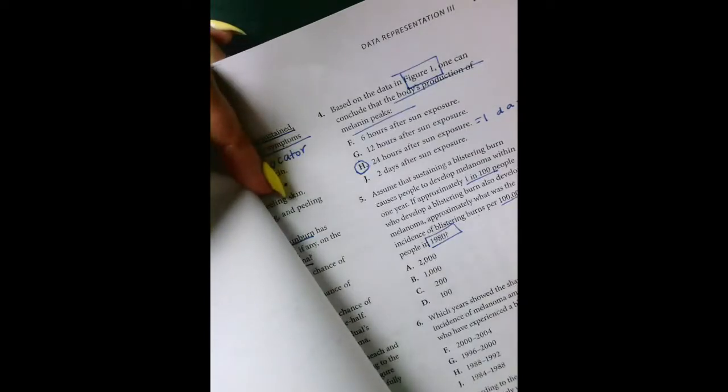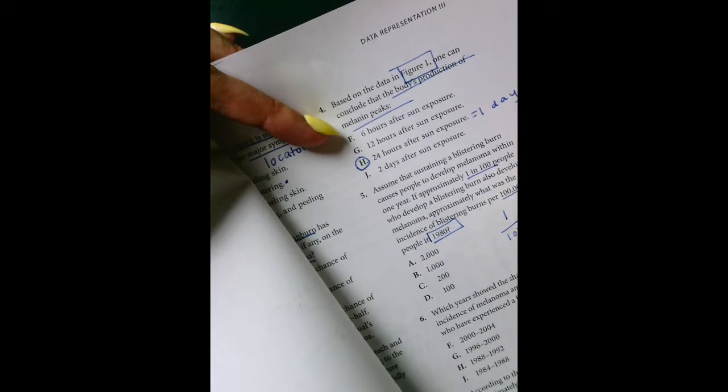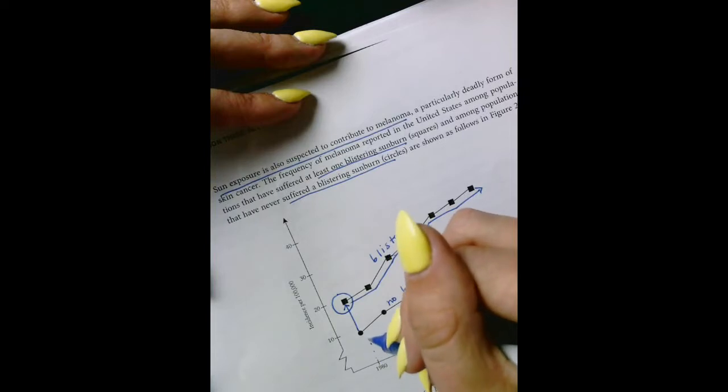Okay, assume that sustaining a blistering burn causes people to develop melanoma within 1 year. If approximately 1 in 100 people who develop a blistering burn will also get melanoma, approximately what was the incidence of blistering burns per 100,000 in 1980? So I'm going to look here. In 1980,